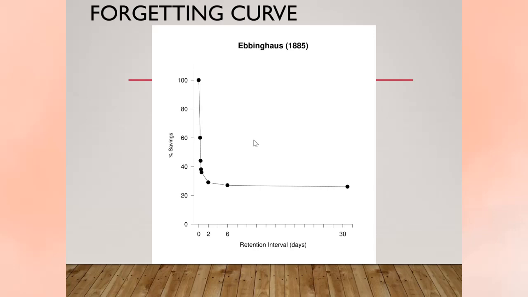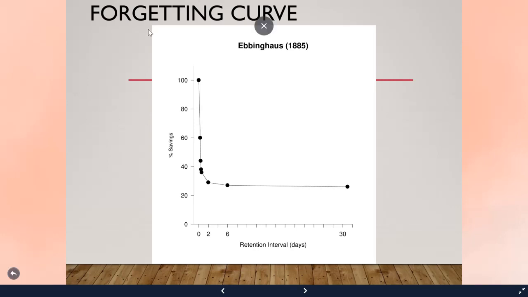And then what he did is he tested his memory for these consonant vowel consonants over time and generated what's called the forgetting curve. So you can see here what's called the forgetting curve. This is a typical forgetting curve where you lose a vast majority of information within a few days. You lose the vast majority of information that you've learned, but then at some point it sort of plateaus.